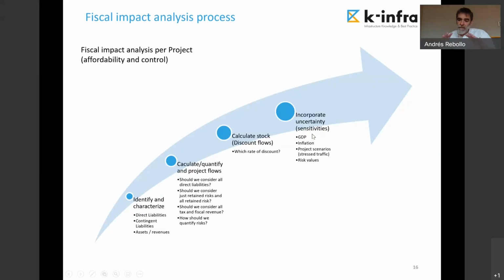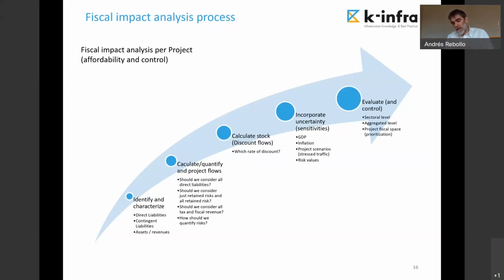Okay, so I can take a more informed decision, looking at to what extent there could be a variation in the fiscal impact in different scenarios or with different sensitivities, different variations of the value of the main drivers. And finally, I will have to evaluate,